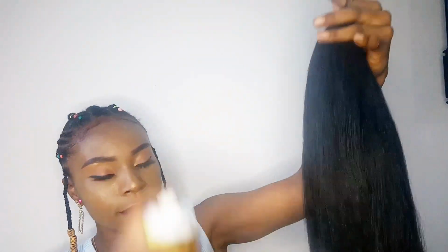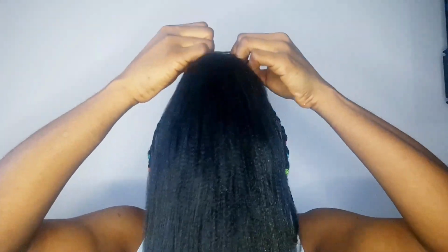So yeah, I'm showing you the braiding hair that I'll be using. I already went ahead to attach a rubber band on it. Alright, so I'm spraying on olive oil sheen onto it so as to make it shine. Alright, so for me to attach it on my hair, I put it towards the front side and attach the rubber band onto my bun, and afterwards I'll take the braiding hair towards the back, okay, so as to cover